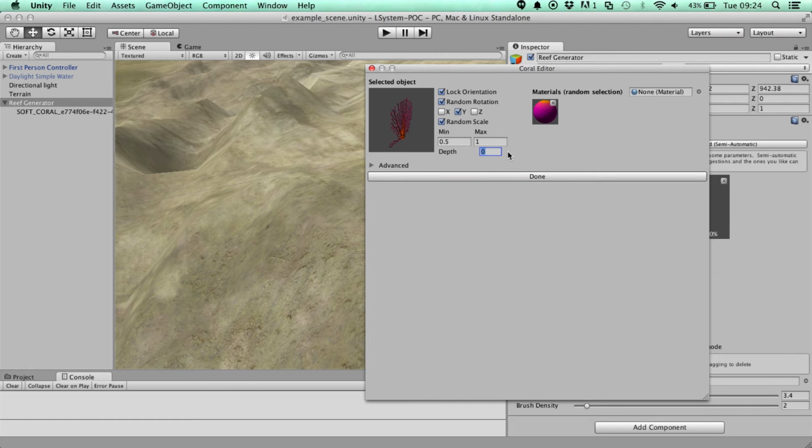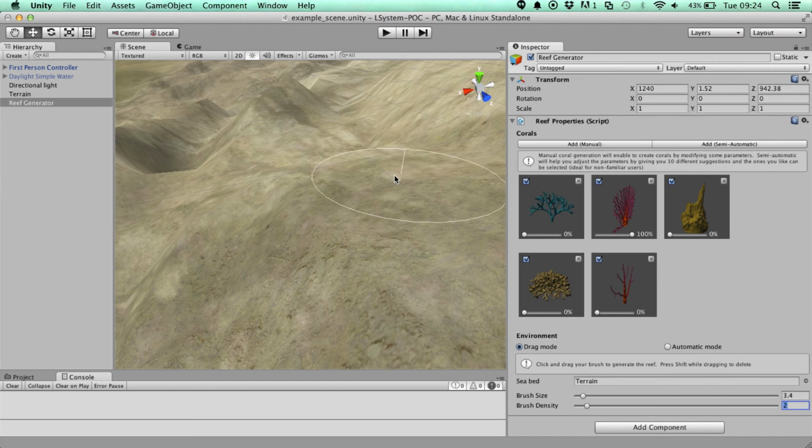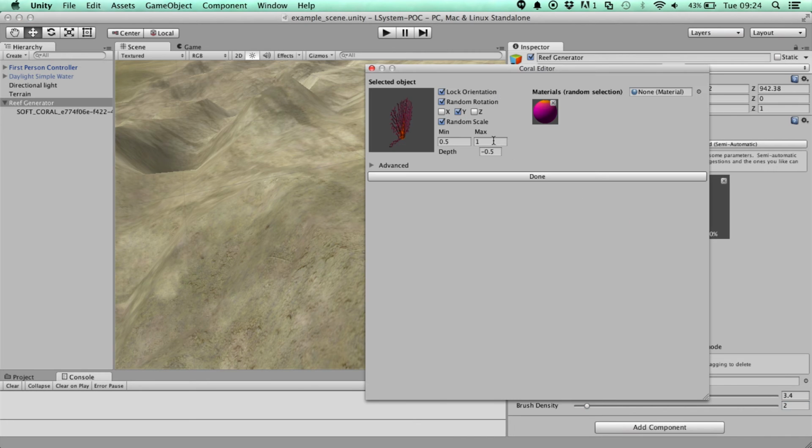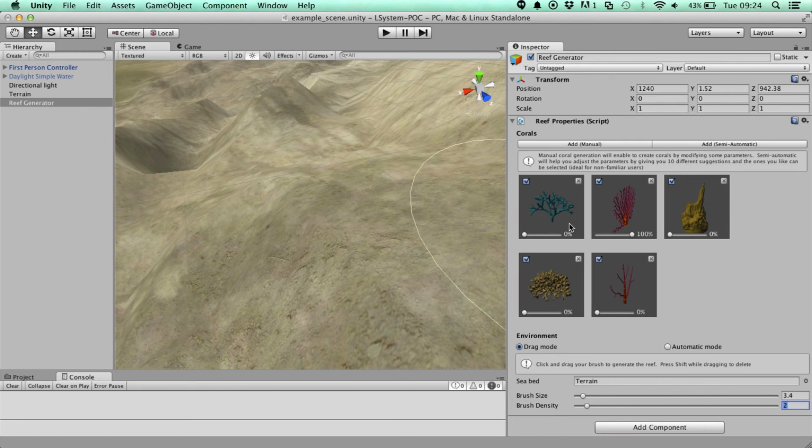If I change this to -0.5, you'll see that it actually goes into the terrain. Okay, obviously again I don't want that, so I'll put that back to 0. So these parameters you can modify according to any coral. Okay, so let's put these back to full